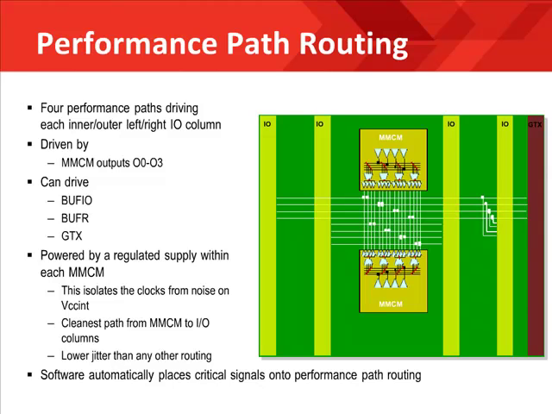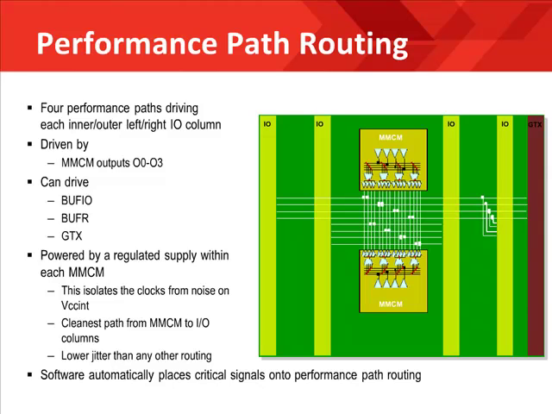Now these can drive the BUFIO resources in the I/O column, the BUFR or regional clock resources, as well as the GTX serial gigabit transceivers. These are powered by a regulated supply within each MMCM. This isolates the clocks from noise on the VCC internal power supply. This provides the cleanest path from the MMCM to the I/O columns and offers lower jitter than any other routing